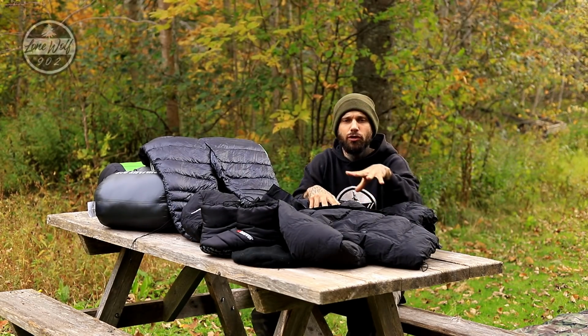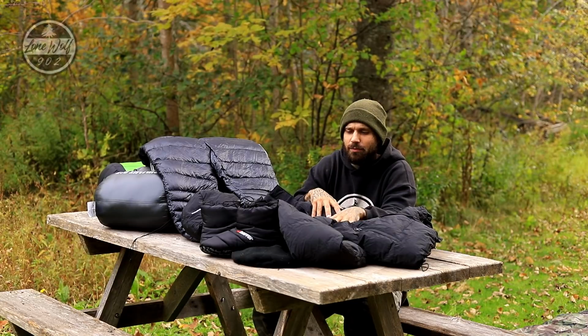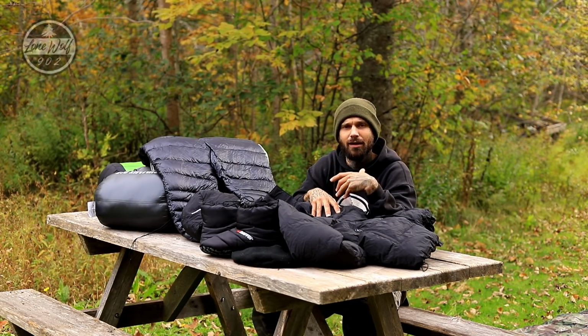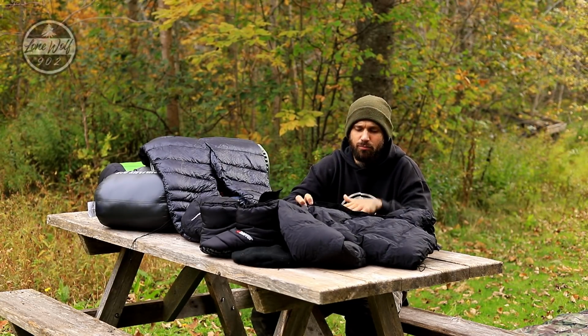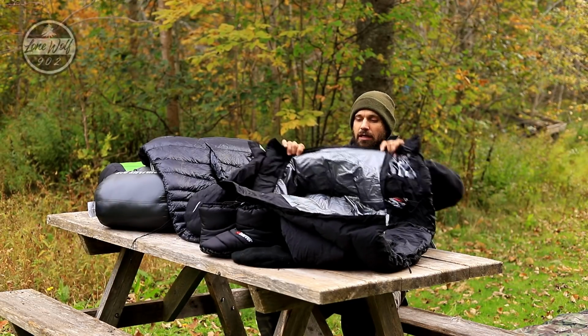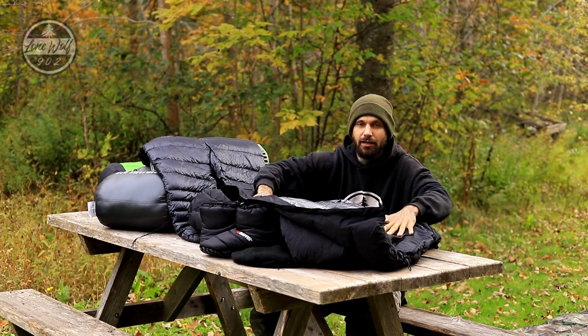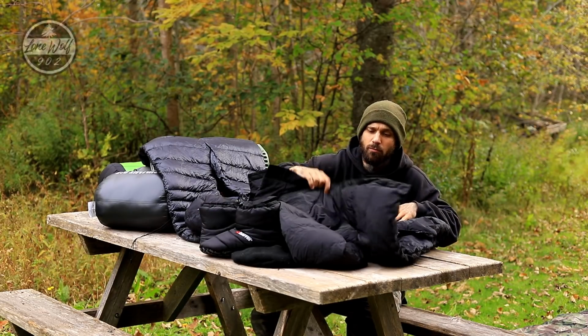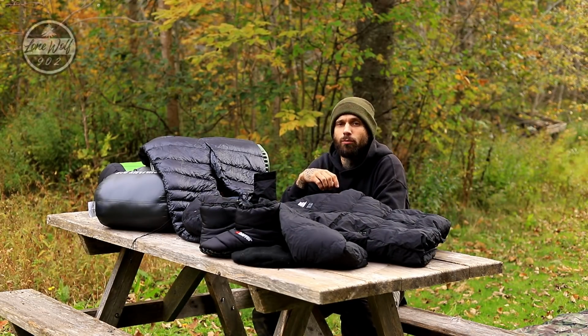Now, the reason why I'm including the heated jacket is because you can also use this as a heated blanket. So when I'm inside of my tent or hammock, I don't have to necessarily put this on. I could drape it over top of me like a blanket, and this entire heated system will keep me warm, as well as when you wake up in the morning